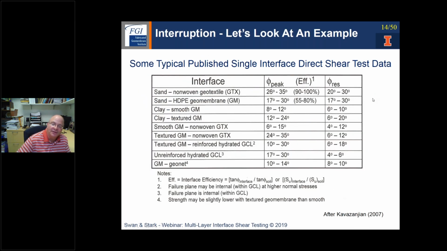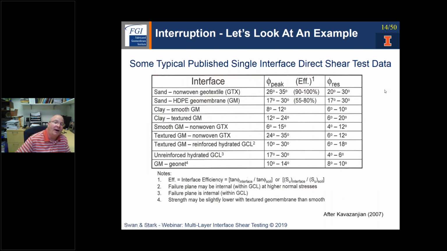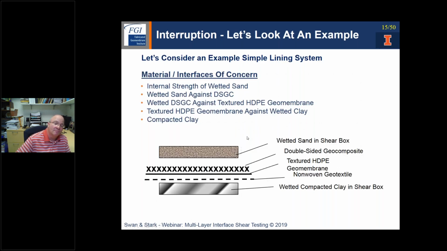So what I've done, just to give you an example to lead up into what Tim will talk about, I collected some data out of Ed Kabazin's paper in 2007, and I basically created a set of interface conditions that if we were to conduct them as a multi-layer test, we could analyze where the weaker plane was. So I selected for my model, based on typical results from this table, my interface model, similar to the one that I presented a few slides ahead,